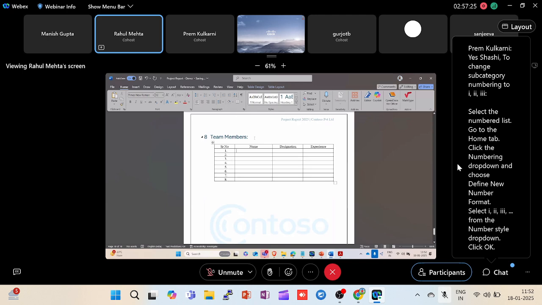Now I want to put a team members table into a Word file, and that Word file should have a well formatted table in this case. Okay, now let me put these members: Bob, let's say Andy, let's say Zoya. I'll keep just three as of now. So that will equal